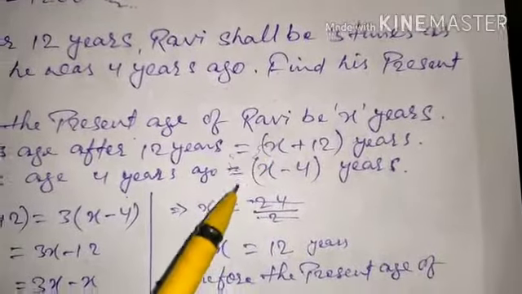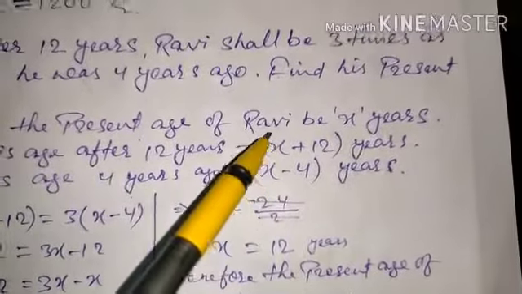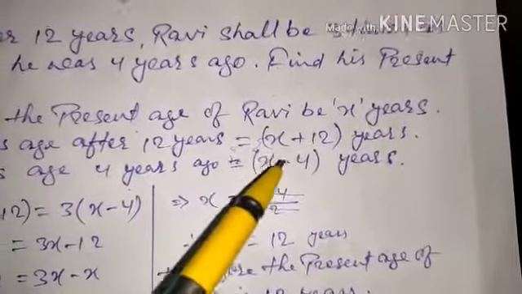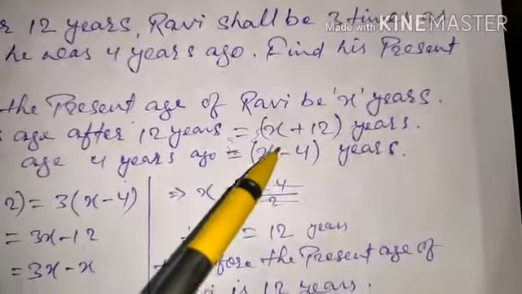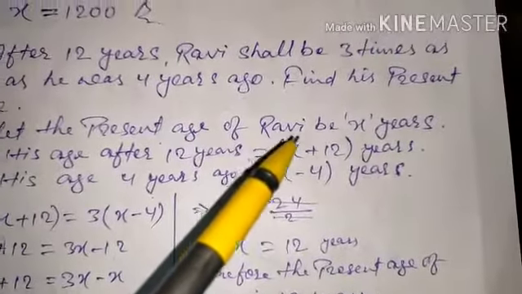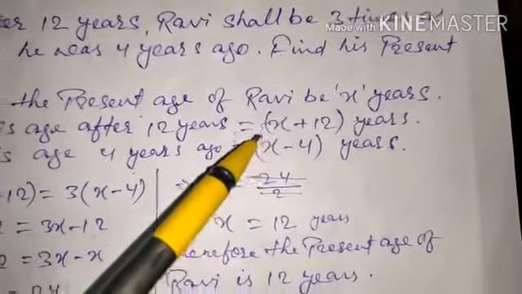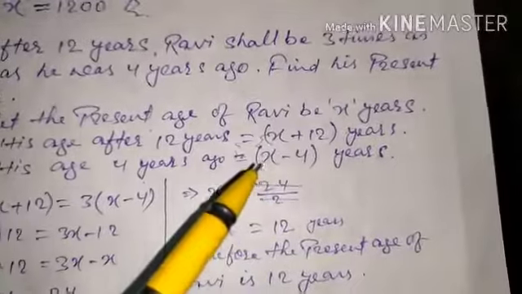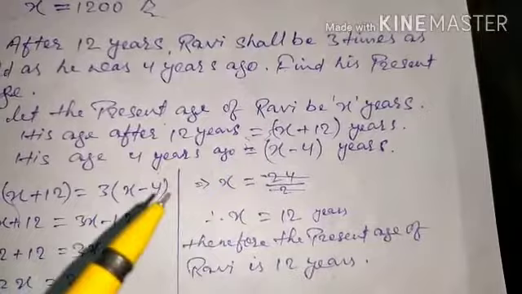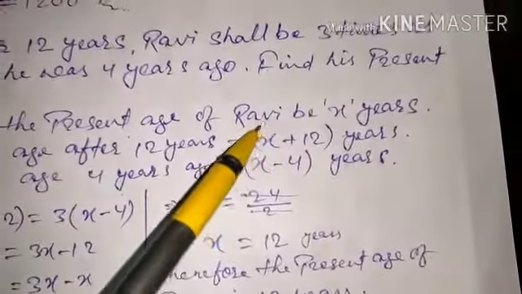So this is 3 times this age, which means this is greater than this. Now if we want to make them equal, either we can divide x plus 12 by 3, then both become equal, or we can multiply 3 with x minus 4, so both will become equal. Is that clear? Like, approximately assume this is 12 and this is 4. The 12 is not going to be equal to 4. Now we want to make it equal to 12, so we multiply 3 by 4, so it becomes 12. So 12 is equal to 12. Like that you can also understand. So x plus 12, x minus 4.